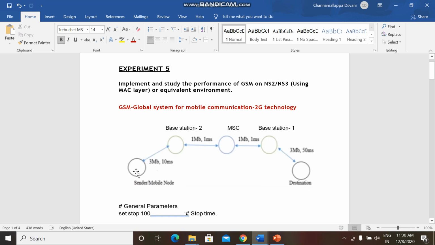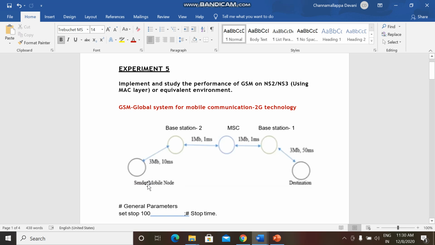Whenever two mobile nodes want to communicate, the communication must be established between these two. Now the question is, if the mobile node which is considered as a sender is in the range of base station 2 and the destination mobile node is in the range of base station 1, then the request has to be first sent from the sender mobile node to its base station, because the destination node is not in the range of this base station.